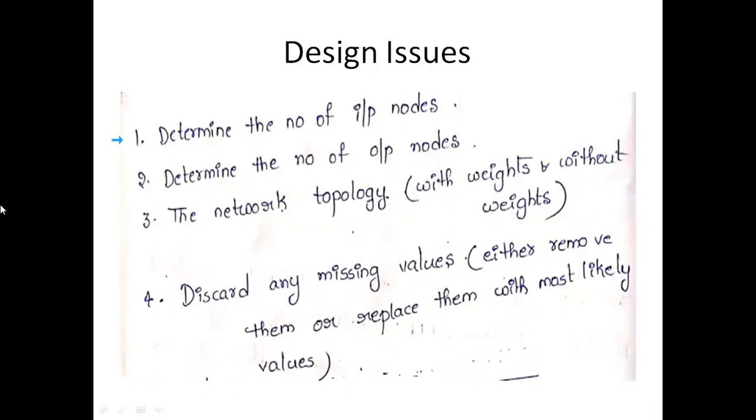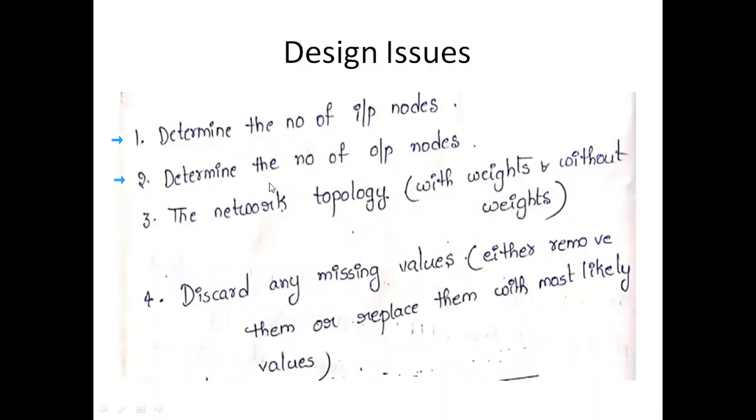Here the input layer is represented by x1, x2, x3 up to xm, isn't it? So what is n equal to? It's 2 or 3 or 4, like that. X1, X2, X3 if it is 3; X1, X2, X3, X4 if it is 4, isn't it? So first of all, you should determine the number of input nodes if you want to design a multi-layer feed-forward network.